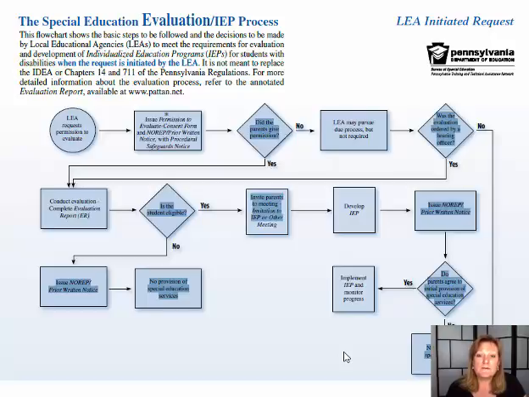So let's move into a little bit about the IQ testing and the achievement testing that happens as a part of these evaluations, because it has a lot of repercussions for English language learners that we're going to talk a lot more about later on in the semester. But I want to give you a little bit, again, of a foundation so you have the background that you need as we move forward.